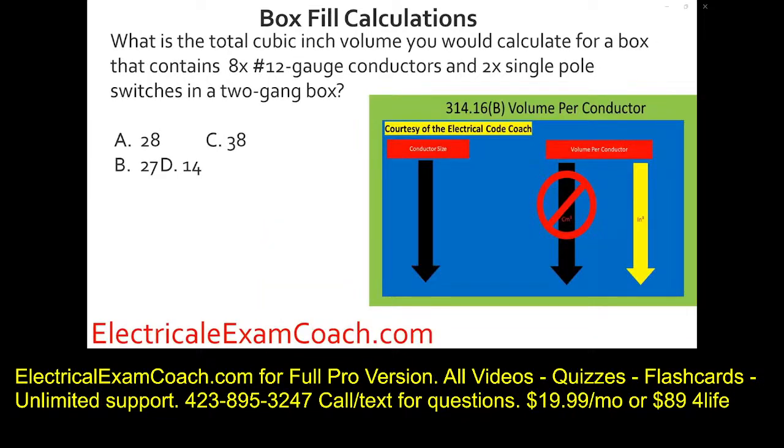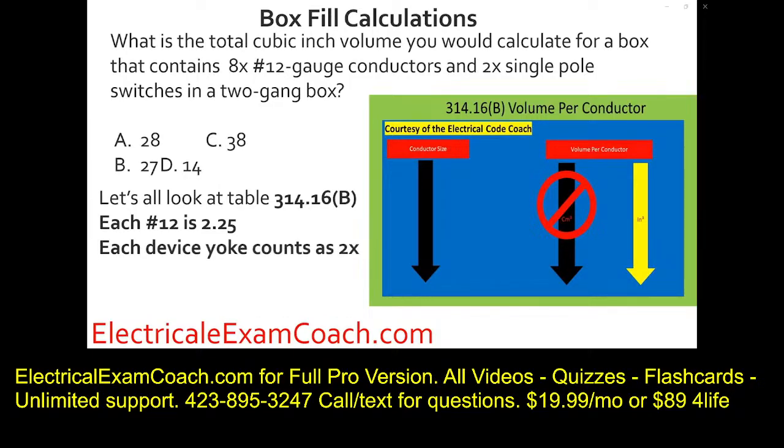What is the total cubic inch volume you would calculate for a box that contains 8 number 12 gauge conductors and 2 single pole switches in a 2-gang box? We look at 314.16(B). We know that each number 12 is 2.25. Let's go ahead and count our conductors. Each device yoke counts as 2 based off of whatever wire is terminating to the device. We know we have 8 original conductors, and we only have one size wire, so we know it's going to get grouped with the 12s. And each one of those devices counts as 2, so we end up with 4 more number 12s, which gives us 12 12-gauge conductors. Now we take and do our math, we end up with 27